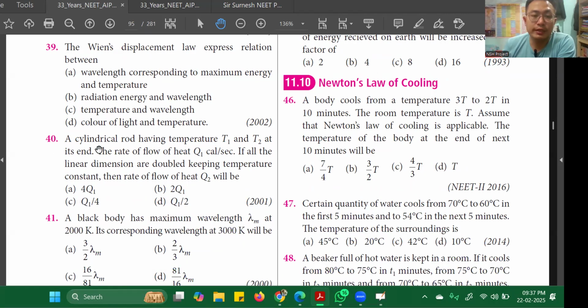Alright, so question number 40: a cylindrical rod having this and this temperature, and the rate of flow is this. If all the linear dimensions are doubled keeping temperature constant, the rate of flow of heat Q2 will be